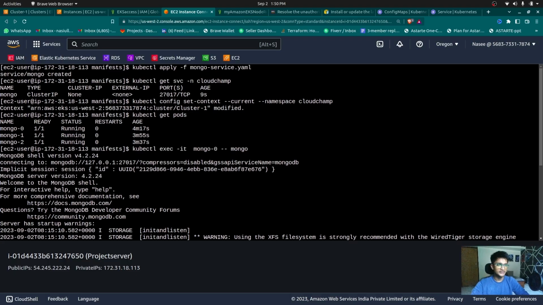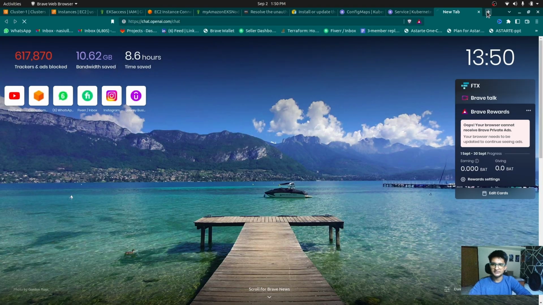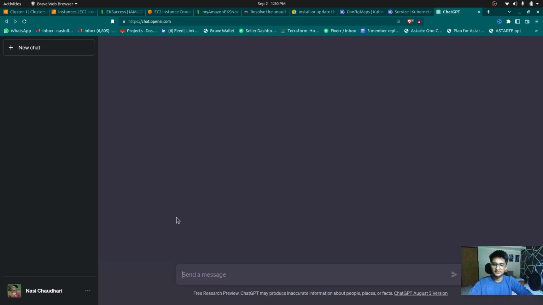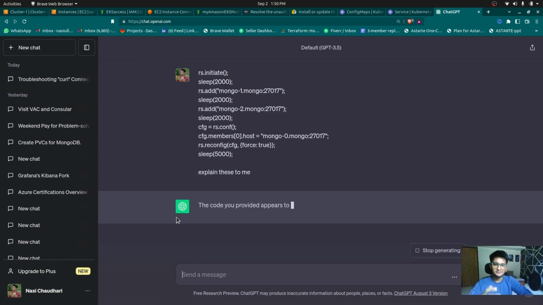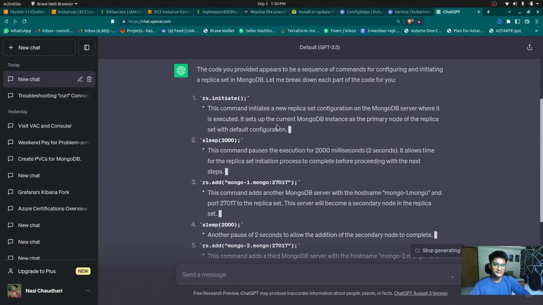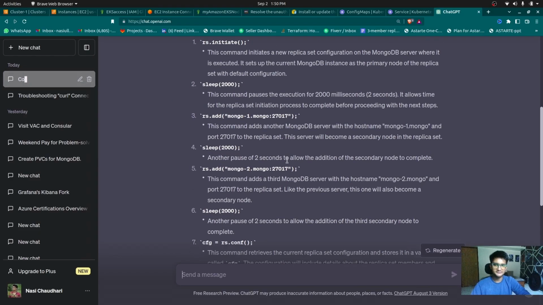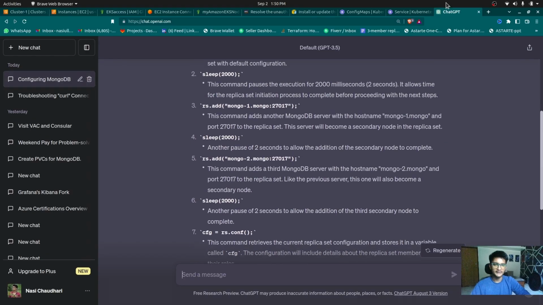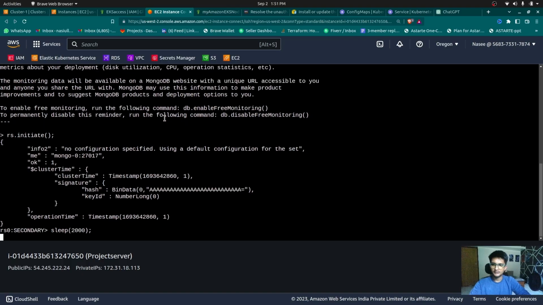So I have the commands already there, and I'll copy it. If I try to explain it, it will take more time. So rather than me explaining it, you can just go ahead to ChatGPT and paste the command. So I can say explain these to me, and then it can explain it to you in a very simple manner. If you're not satisfied, you can ask it to make it simpler, and this will explain all the commands line by line. So this is nothing but just to set Mongo 0 as primary, and Mongo 2 and 1 as secondary replicas. So when I run this by copying it and pressing enter,